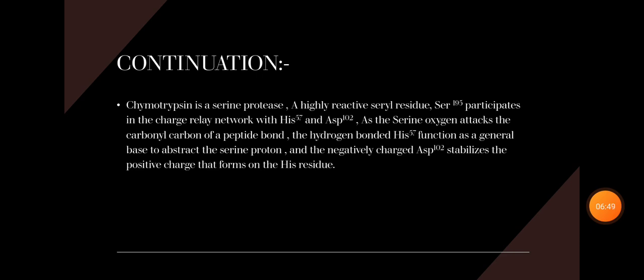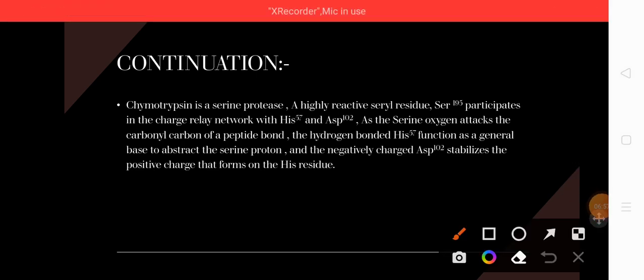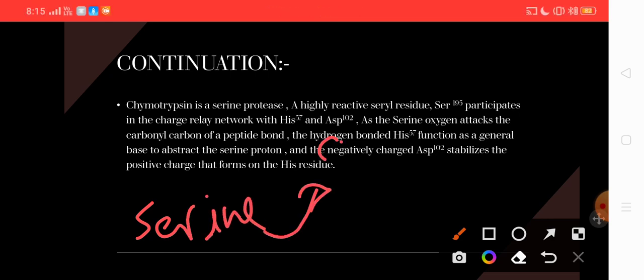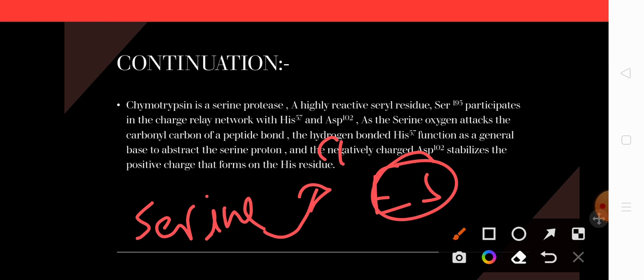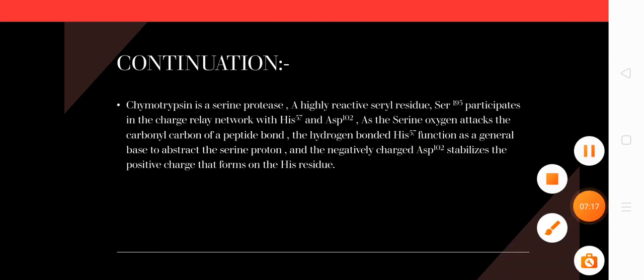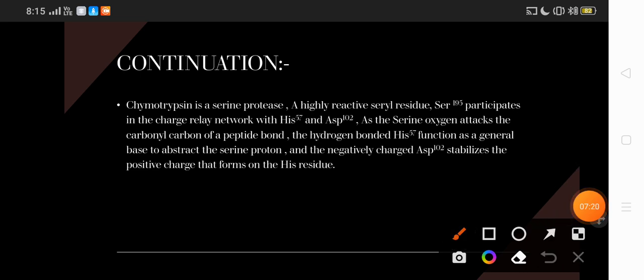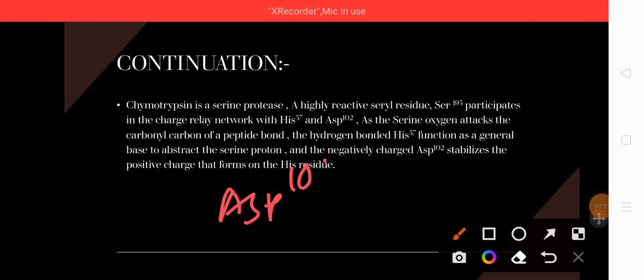So for a quick recap, chymotrypsin is a serine protease group of enzyme, and serine protease mainly works due to the presence of the serine residue at its active site. Okay, this serine residue is going to react with the C double bond O group of the peptide or ester. Okay, and that's how they form the enzyme substrate complex, and then the entire thing goes on, right? And here the catalytic triad is important, that is aspartic acid which is present at the 102 position, that is why aspartic acid 102, histidine 57, and our serine